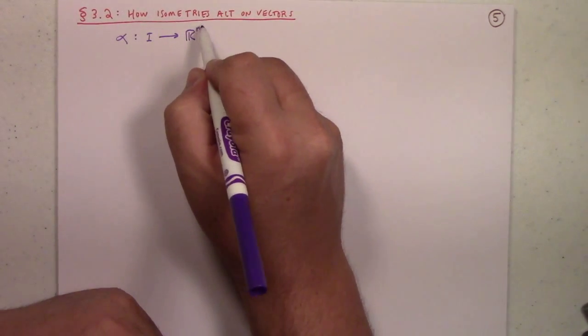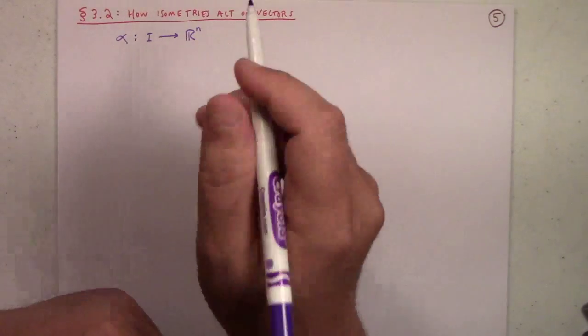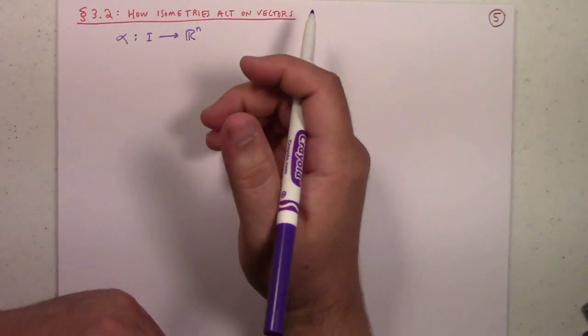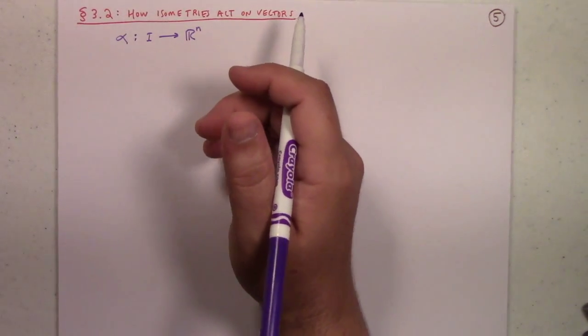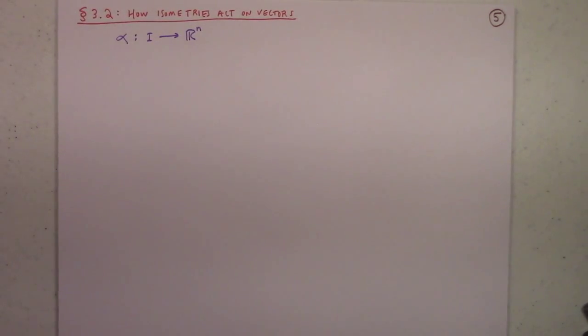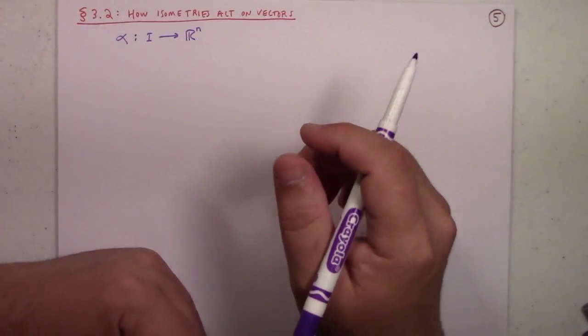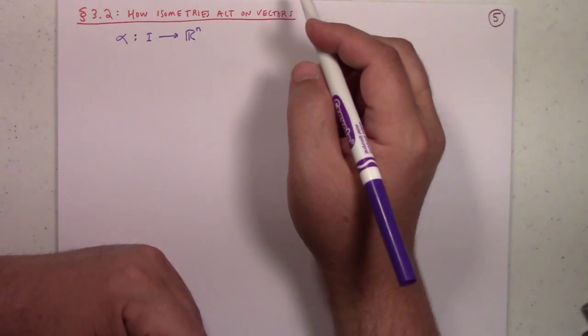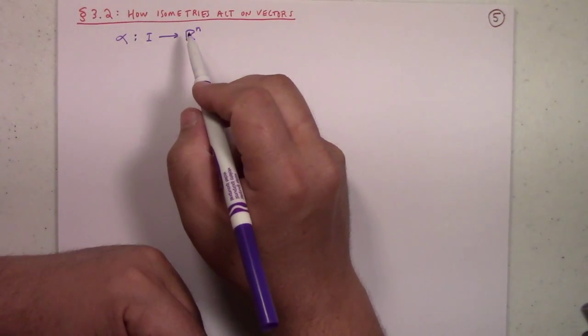If you really look at what I did in the last part, you'll see that it works just as well. I may have said R3 at some point, but honestly, no, I was careful. I did develop it for Rn. Of course, we're primarily interested in R3, but definitely we can develop these general comments for Rn. Okay, so you have a smooth parametrized curve,